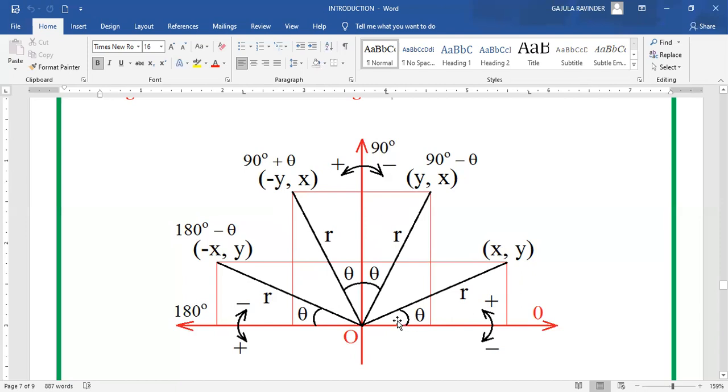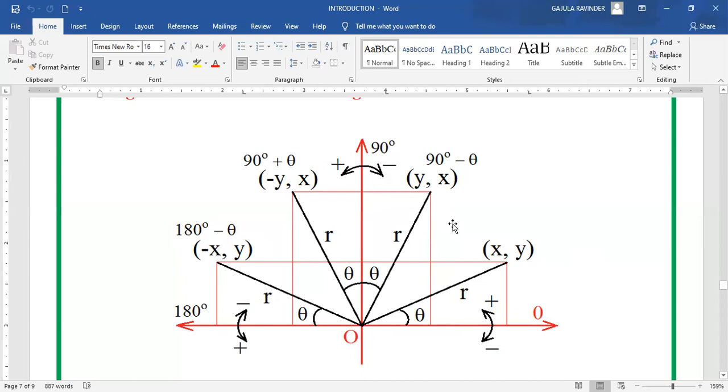So like this, for every allied angle, even for 180 minus, see what is tan of 180 minus theta? Tan of 180 minus theta is its y coordinate by x coordinate, meaning y by minus x. Y by minus x is what? Minus of y by x. Minus of y by x is what? Minus of tan theta, because y by x for theta is tan theta. So that tan of 180 minus theta is minus tan theta.